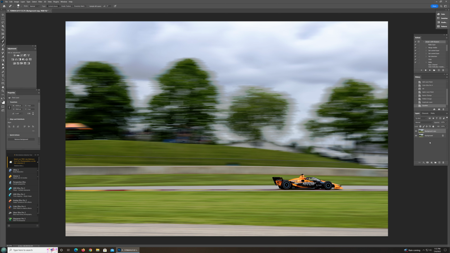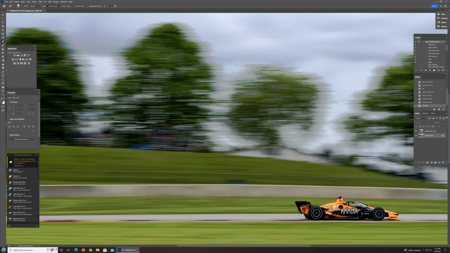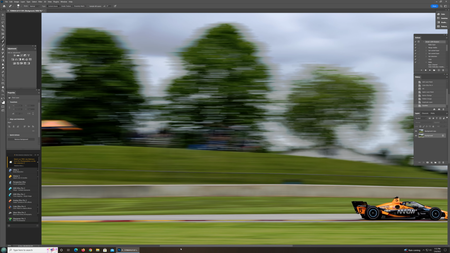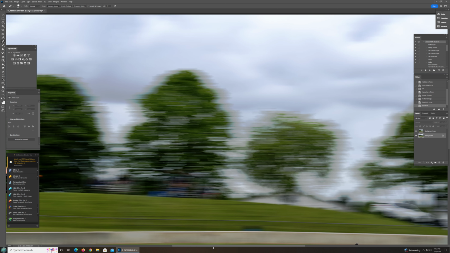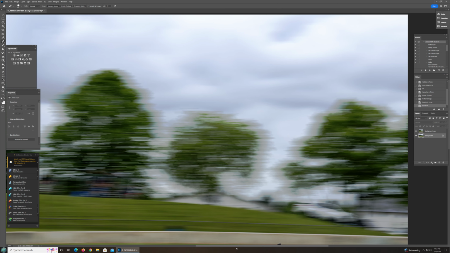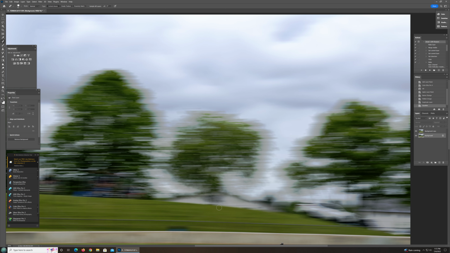I could get rid of anything that's dust in the sky. Click on the background. I'll enlarge the image so I can look at the sky better, and just look closely for anything in the sky. If I see any dust blobs... I don't really see any, but if I did, what you do is you come over,